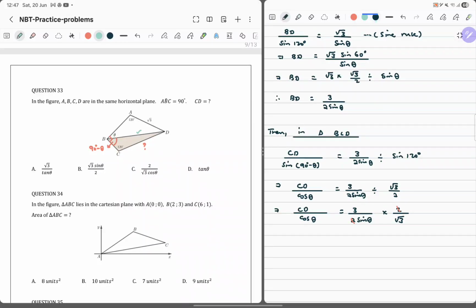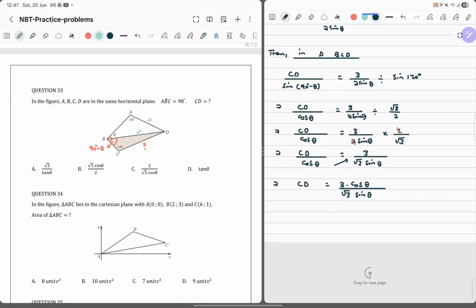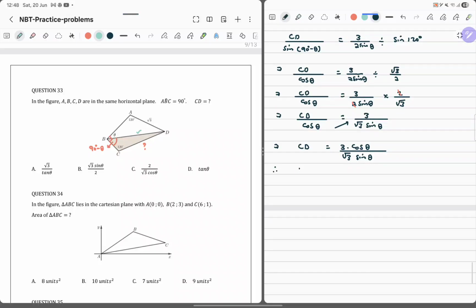So this and that goes, CD over cos theta is basically 3 over root 3 sine theta. Cross multiply this. So this implies that CD is going to be 3 cos theta over root 3 sine theta. Now cos over sine is tan theta. So this is 3